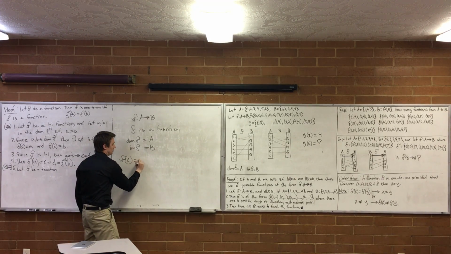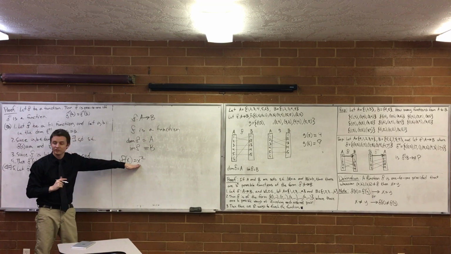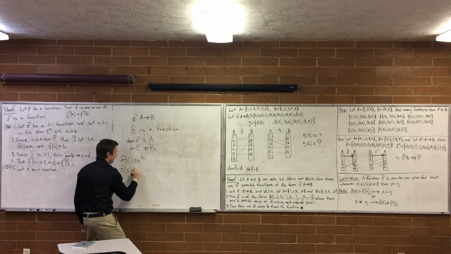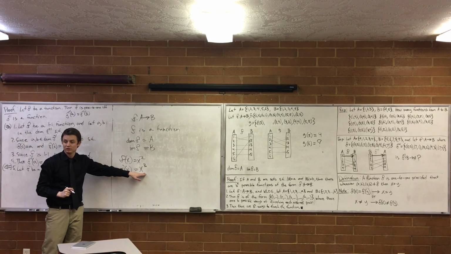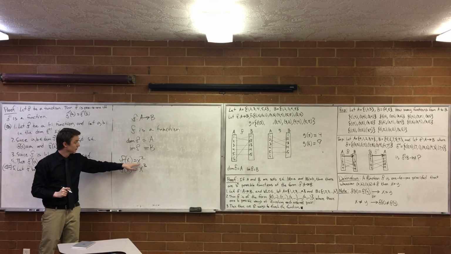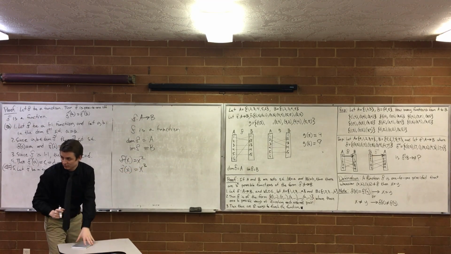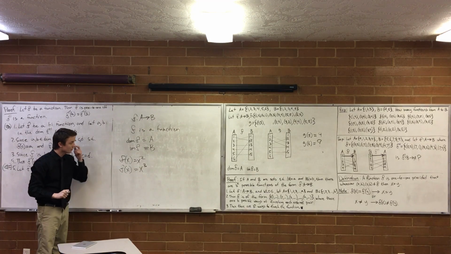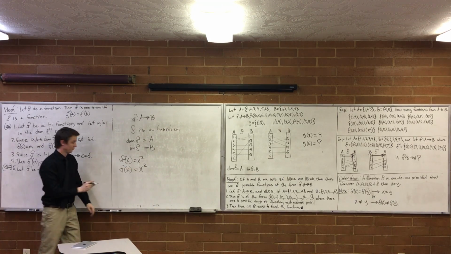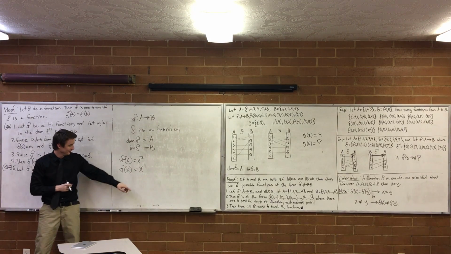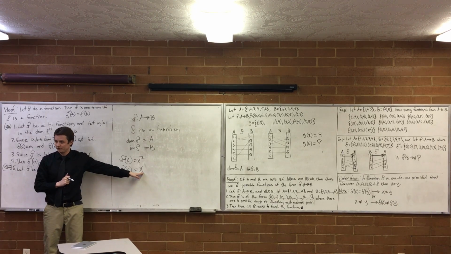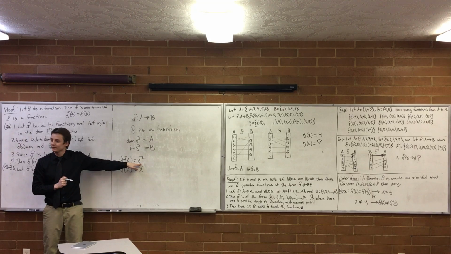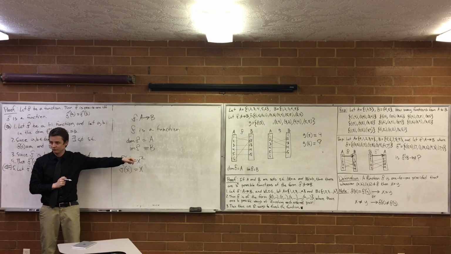So, f of x equal to x squared, not onto. We don't use the negative numbers. F of x equal to x cubed is onto. We use every number in the output. Not quite. X cubed, we don't use all the numbers. Okay, let's just do x if it's the cube that's wrong now. Thanks, appreciate it. Okay. With x cubed, I can get any number as an output. With x squared, I can't get any number as an output. I can't get -2. I can't square something and get -2.